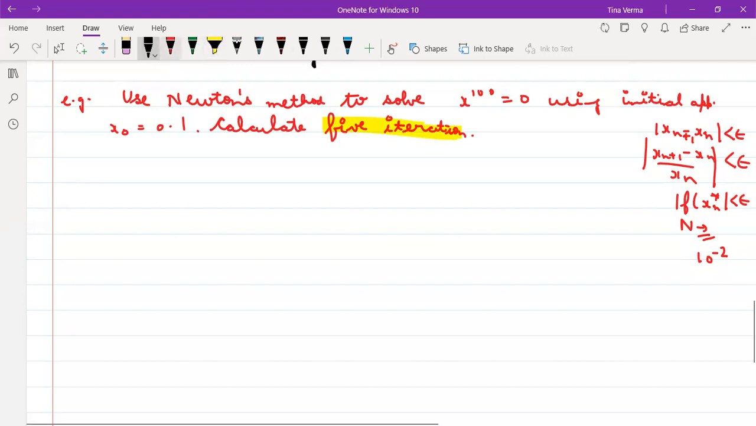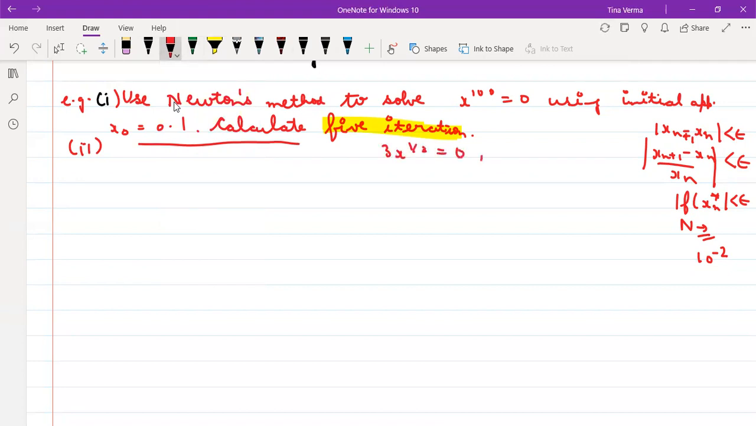The second part is that you have to use Newton's method to solve the equation 3x raised to the power 1 by 3 equal to 0, using the same approximation x naught equal to 0.1, and you have to calculate the 5 iterations the same way. So when we will start,